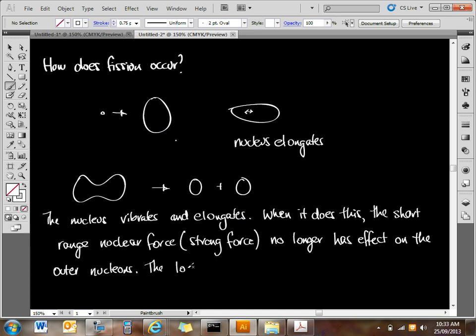The long range coulombic repulsion. Yes. Long range coulombic electrostatic repulsion takes over